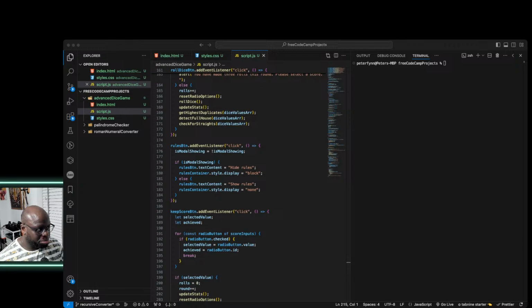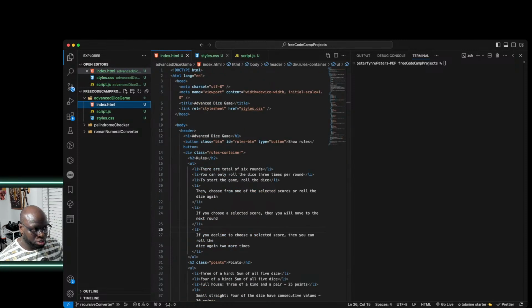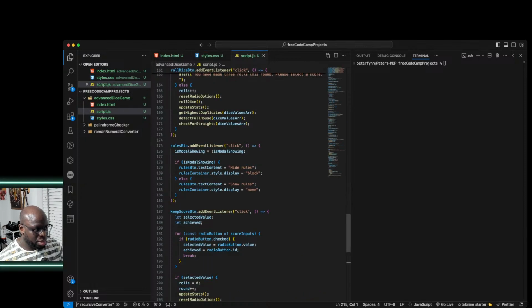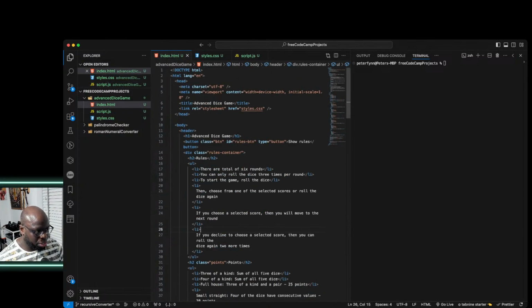But anyway, the way that it's set up in Free Code Camp, you've got an in-browser style of editor, which is effectively what VS Code is. And you've already got the files, so you've got your index HTML, CSS, and your JavaScript. So I've literally just copied and pasted the code from the HTML into my index file, into styles for the CSS, and script.js, and those get referenced in here. So here you see a link rel style sheet styles.css,